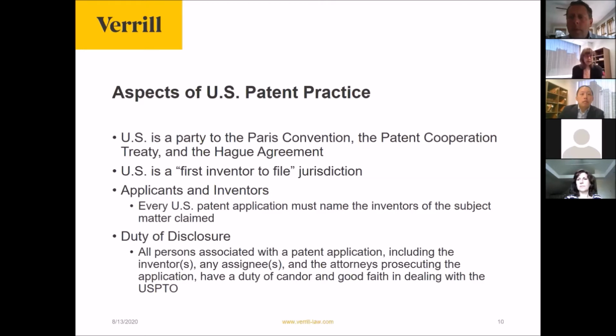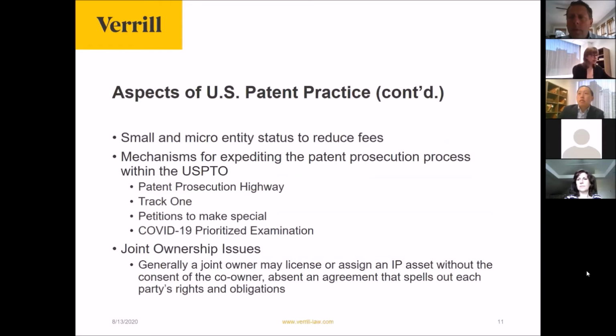This does not mean there's an affirmative duty to search for prior art, but there might be good reasons to do that anyway. And if after doing a search you come up with relevant prior art, that must be cited to the Patent Office. Okay, on the next slide,